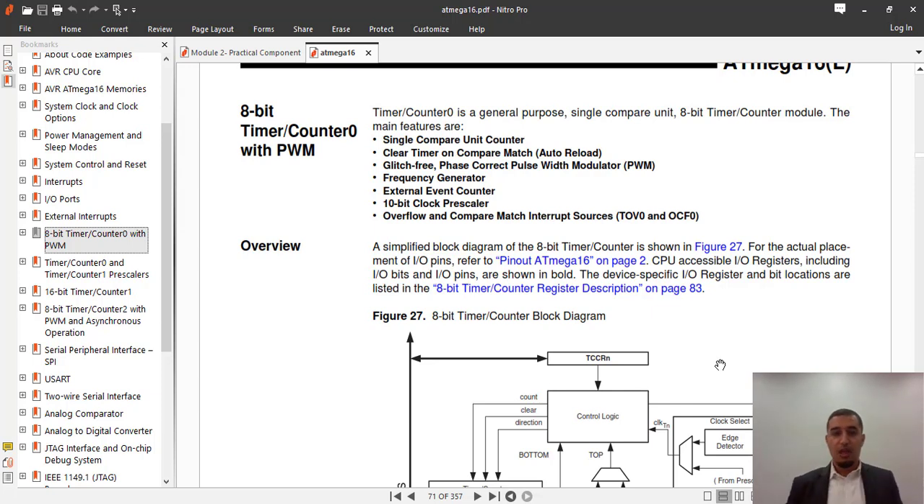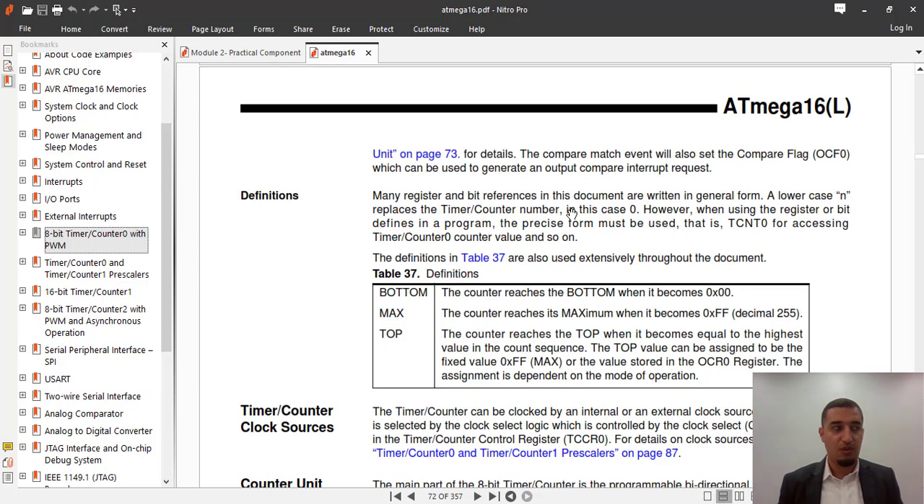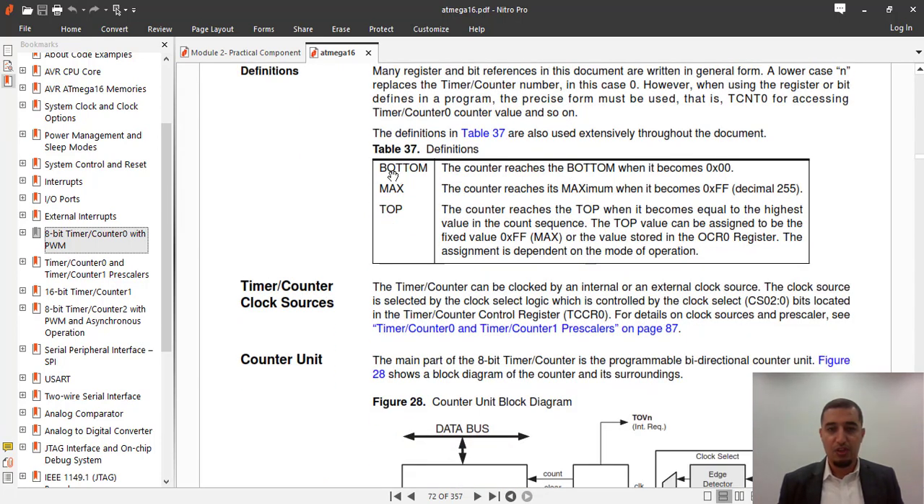So the next step, I'm saying, okay, I'm using the timer counter 0. What do I want to use it for? With pulse width modulation. So this is an overview for the timer counter, as you see over here. And you have some definitions: what is bottom, what is top, what is max. Bottom, the counter reaches bottom when it becomes 00. Max, the counter reaches max when it reaches FF. Remember, this is an 8-bit timer counter, so it counts from 00 to FF, or from 0 decimal to 255 decimal. Then you have top. The counter reaches top when it becomes equal to the highest value in the count sequence. Top value can be assigned to fixed FF maximum or a value stored in OCR, depending again on the mode